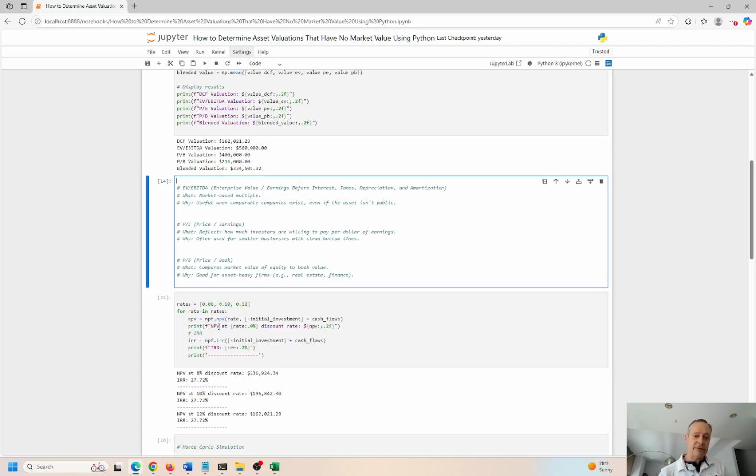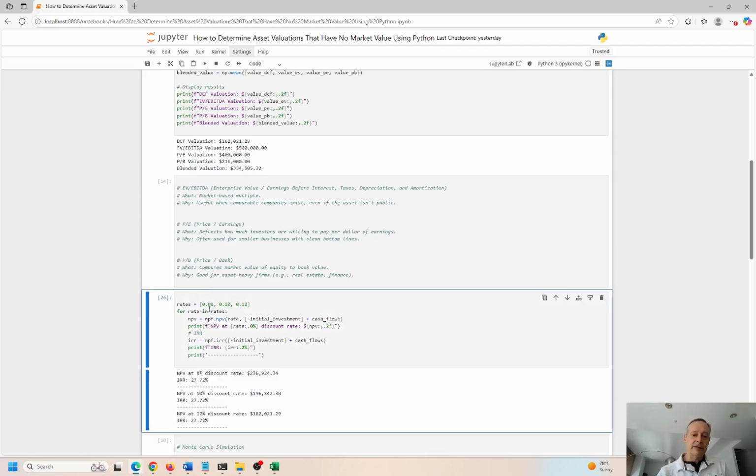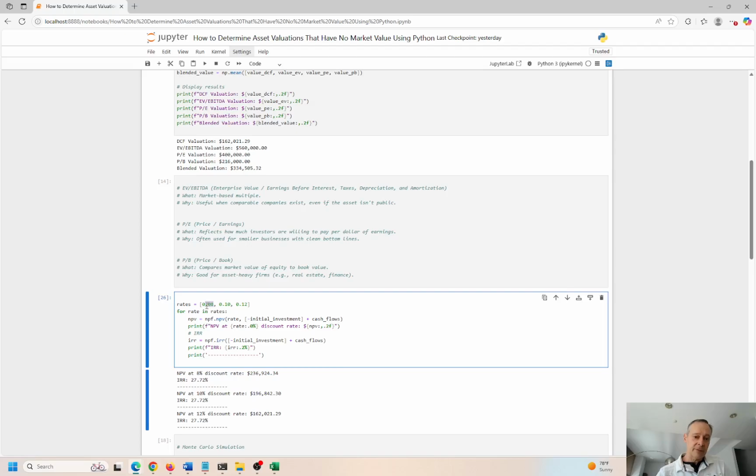So let's look at another example down here. Now we have more of a scenario analysis. The scenario is the interest rate that we are charged on the loan is going to change slightly over time. Okay, so the interest rate is going to go from 8% to 10% to 12%, and we just want to look at different potential NPVs as we pay different interest rates for the loan.